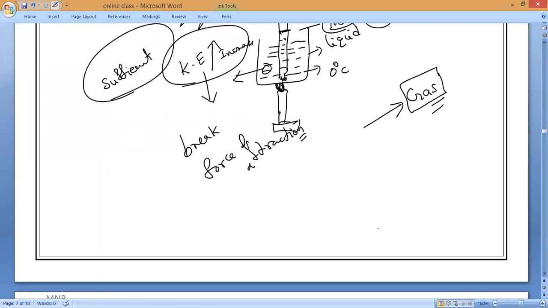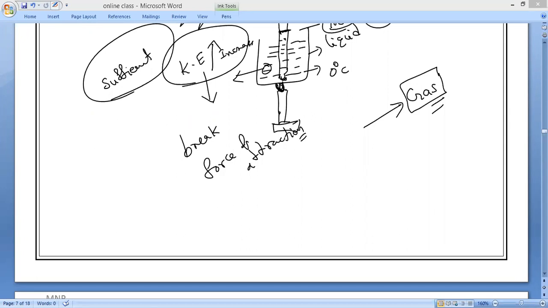So that is what we call it: when a liquid is heated, it changes its physical state and becomes a gas. Understand, everyone? Once the particles get sufficient kinetic energy to overcome the force of attraction holding them together and separate into individual particles, the liquid boils to form a gas. So if you continuously heat at atmospheric pressure, it will convert into gaseous state by overcoming the force of attraction present between them.